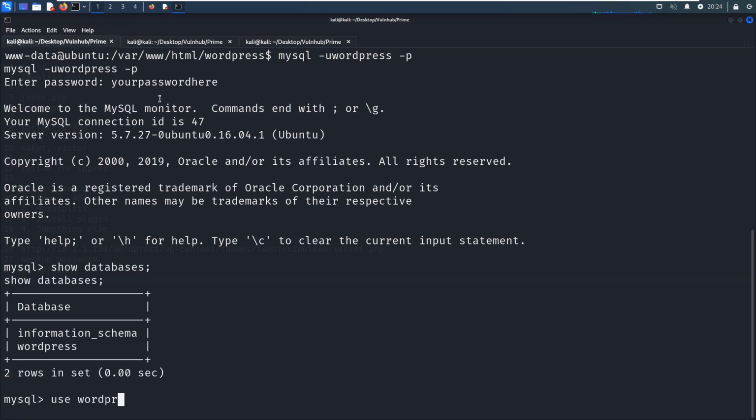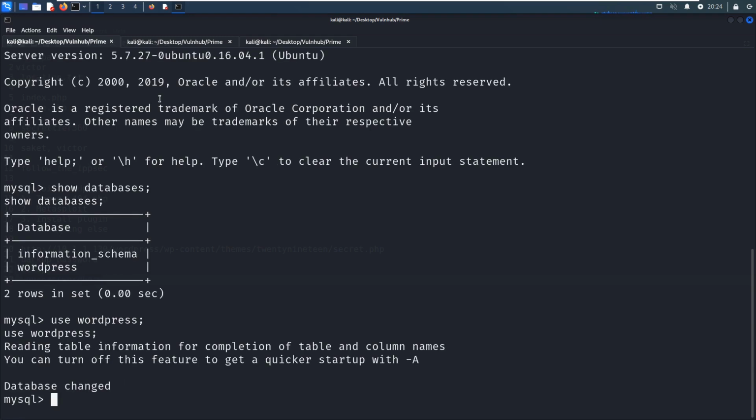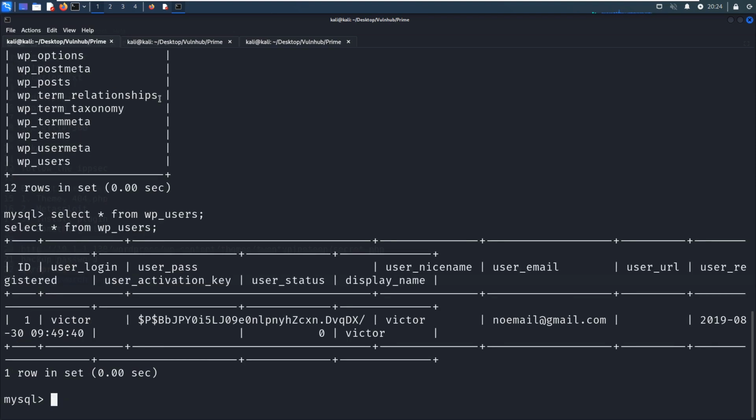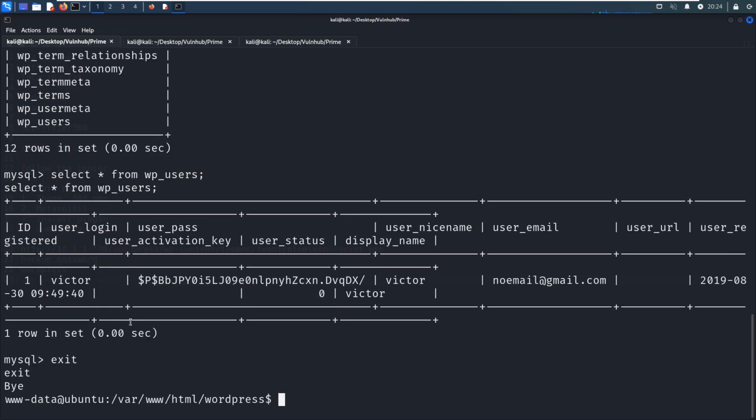Use wordpress and show tables. Select, dump the user tables. So Victor, of course, nothing important because we have already got its clear text password. So now we can exit.